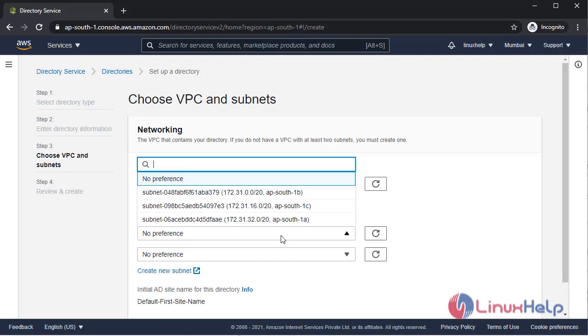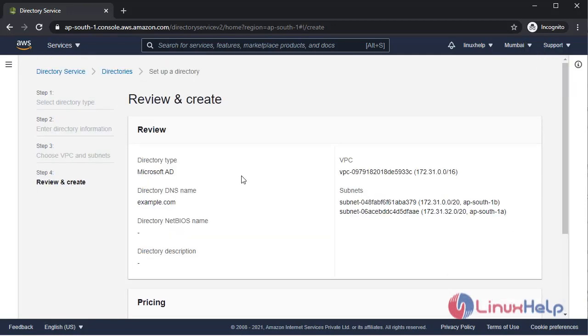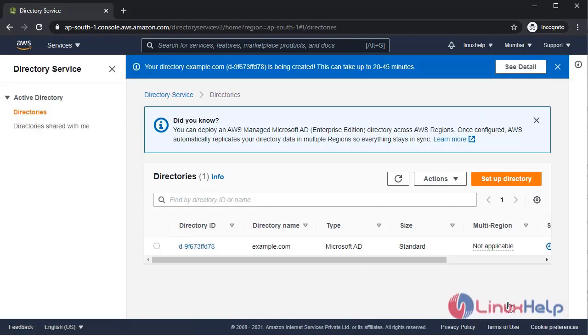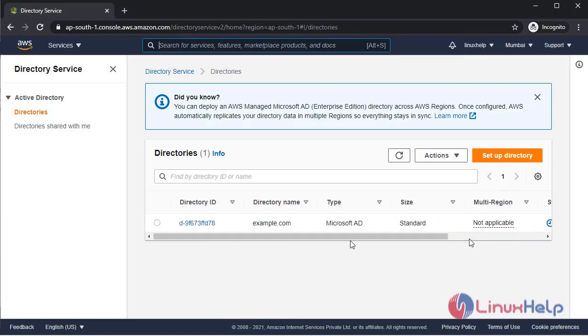Now provide the subnets. Okay, click Next. Now review all the settings, and once you have completed that, click on Create Directory. Now I have created a directory. You can see here your directory example.com is being created, and this can take up to 20 to 45 minutes to come up. You can see here your directory is in a status of creating. So meanwhile,